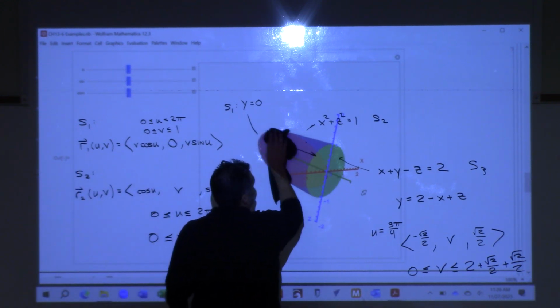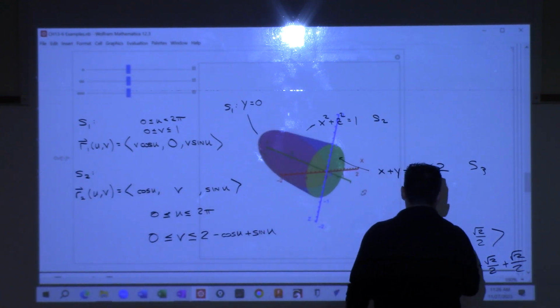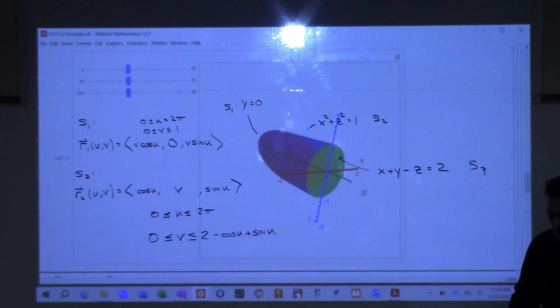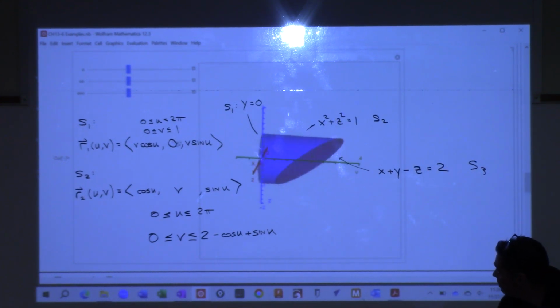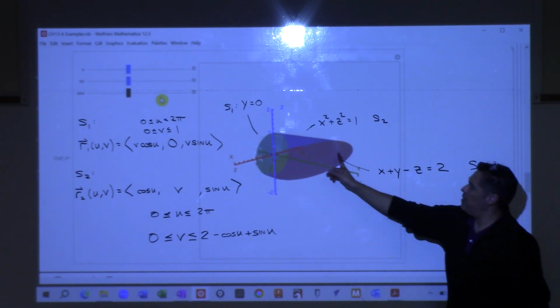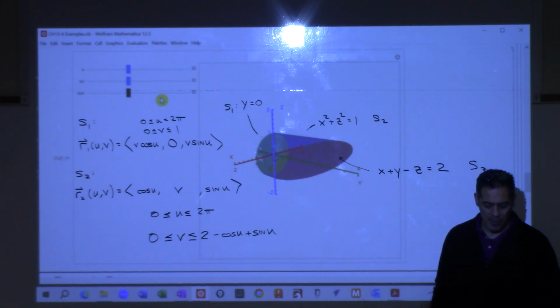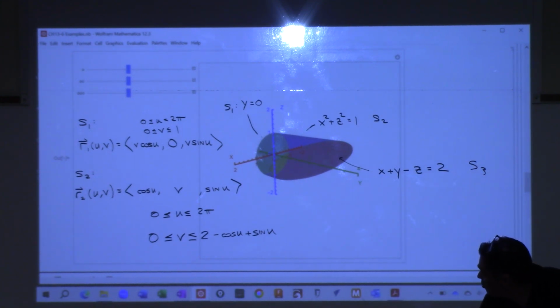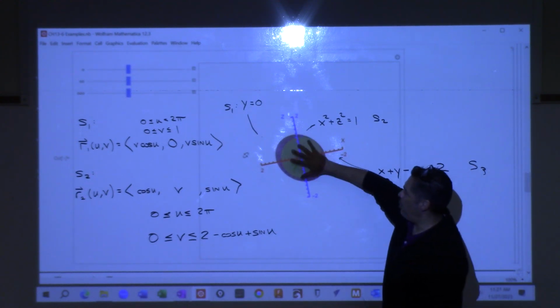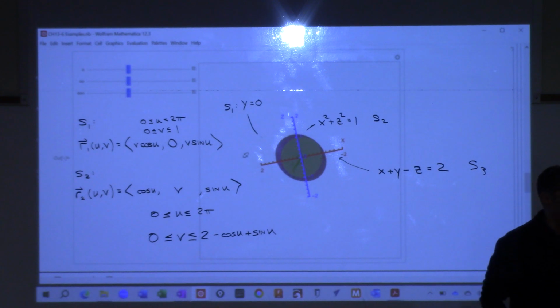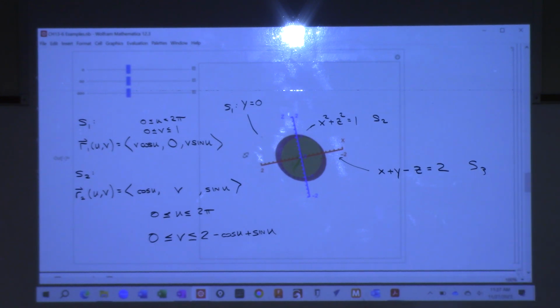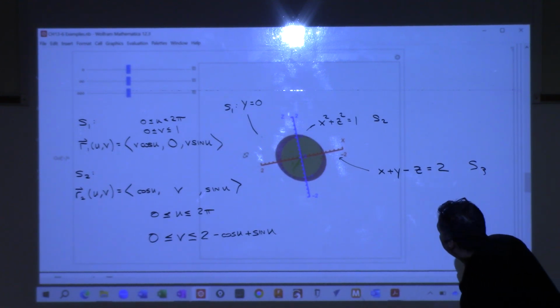All right, let's try S3. So for S3, we want this one right here, right? This reddish one, which if you look at it from straight on, that looks like a what? The red part, from straight on, looks like a what? A disc. It's everything inside. We know how to do that, don't we? Okay, so for S3,